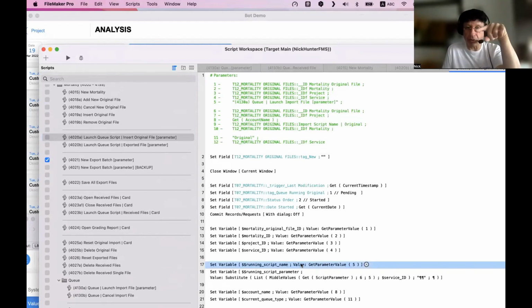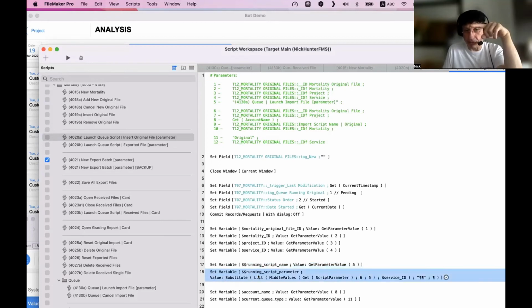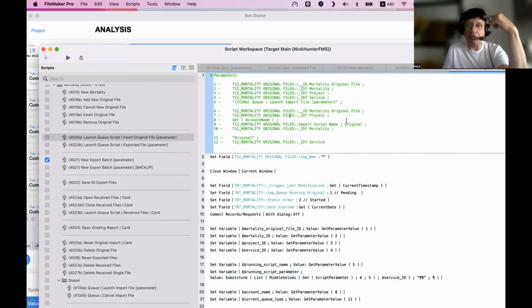This is the running script name. But in the script parameters I'm sending to the bot, within those 6 parameters, I have the name of the import script the bot is going to use, right?